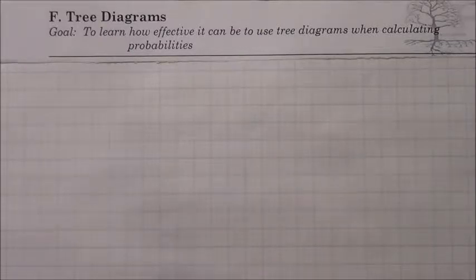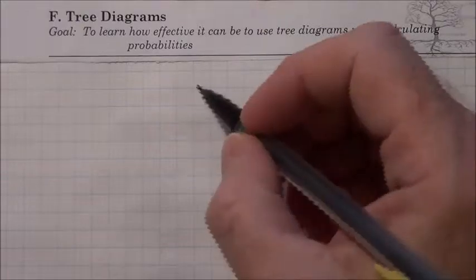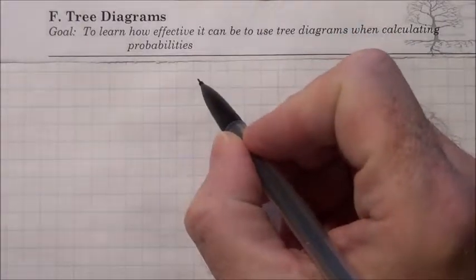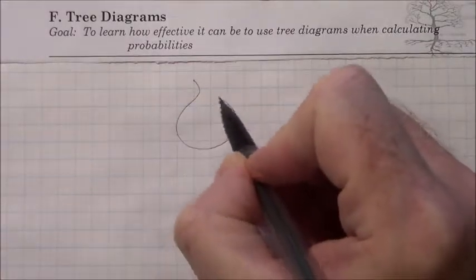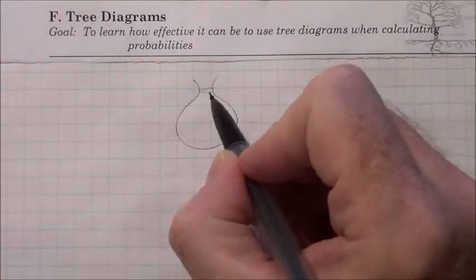The best way to really see the effectiveness of a tree diagram is to actually do a quick example. I know we're going to do some more examples in class tomorrow, but I'm going to do a little one right here. So suppose we've got some sort of a bag, and I'm not an artist at all, so we've got some sort of a cloth bag. There's a little string around it,